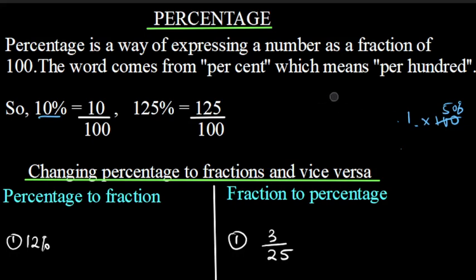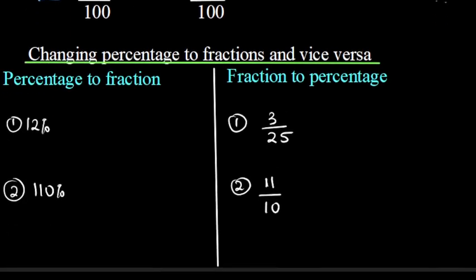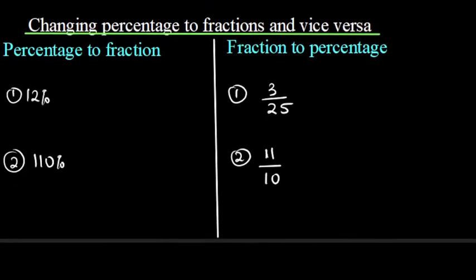Now the next thing we'll discuss is changing percentage to fraction and vice versa. So let's look at these two examples here. So in this one, we are expected to change 12% to a fraction. So to change percentage to a fraction, all we just need to do is set it to be over 100. So this is equal to